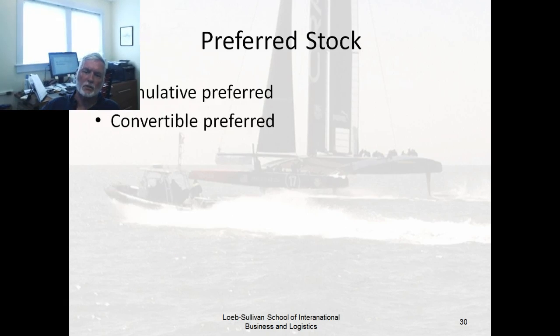There are a couple of kinds of preferred stock. There's cumulative preferred and convertible preferred, or there are several kinds, but cumulative preferred means this: the company doesn't have to pay dividends on preferred stock, and the board of directors can say, no, I'm not going to pay dividends this year. Cumulative preferred says if you skip the dividend last year, before you can pay dividends to your common shareholders, you have to make up the skipped dividends. So we skipped dividends last year, we're going to pay dividends this year. The preferred stockholders will get 2 years of dividends this year before common stockholders get anything.